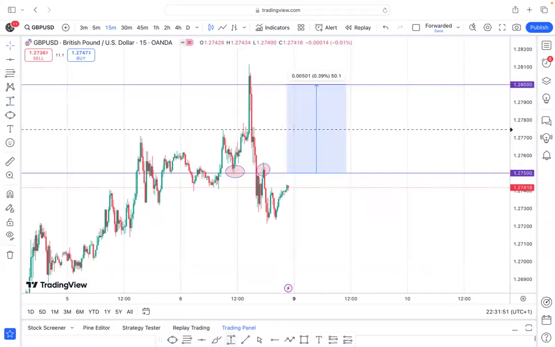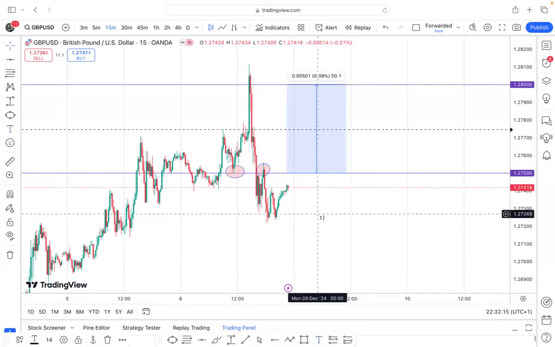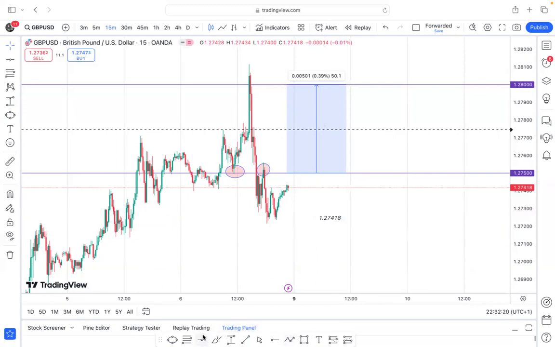So on GBP, how do you calculate it? Now you look for the current price, right? You look for the current price. And I taught you guys that you round up on pairs that have your US dollar. You round it up by the fourth. You start calculating your 1 pip from the fourth decimal place. Now the current price, if we have to check it out, is 1.27418, right? If we start counting from our 1 pip from the fourth decimal place, we know that